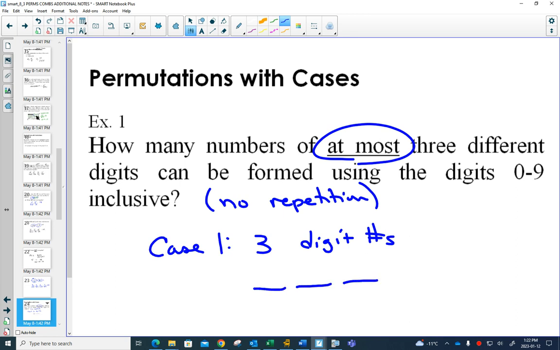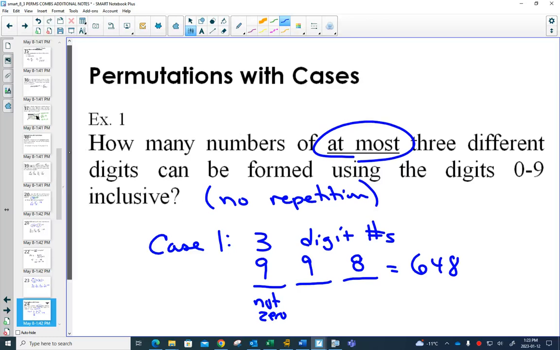Well, there is a restriction. The first digit is not 0. Otherwise, it's not a 3-digit number. There would be 9 choices there. Then you've used up one number, but you could put a number back in, so there'd be 9 choices there. And then finally, 8 choices in the end for 648. And that's counting all the 3-digit numbers. But the question said at most 3 different digits, so it could be